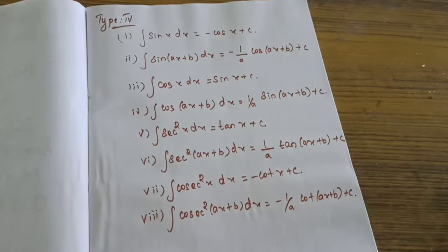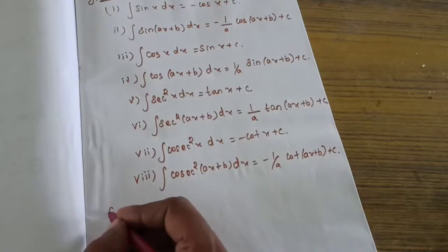So let's move to the problems. In the problems, I will ask all the formulas from the last year book. Before we learn these questions, you need to learn all the formulas from your 11th standard book. Otherwise, it will be very difficult for you. Now I will ask the formulas. What is cos 2x? What is sin 2x? Before you start this type 4, please children take down all the formulas from your 11th standard book, because all the formulas are there. Only we are going to apply them here. I am not going to give all the formulas here.